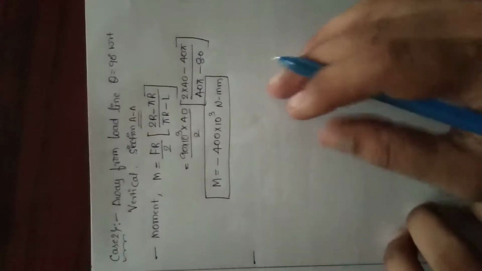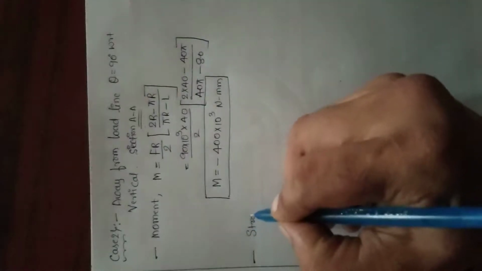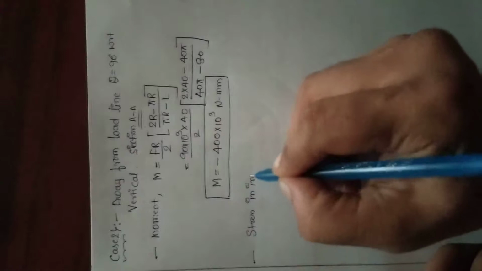Fine. So now what will be the stresses? All the values Ci, C0, e remain the same in this, only the moment is going to vary. Okay, in this first one, stress in the inner fiber.